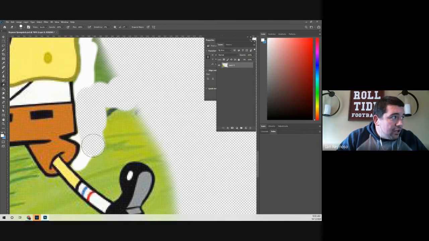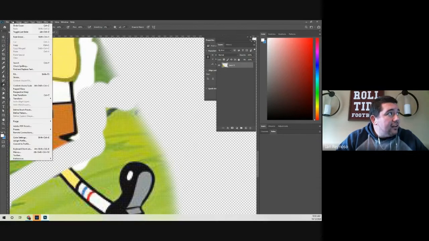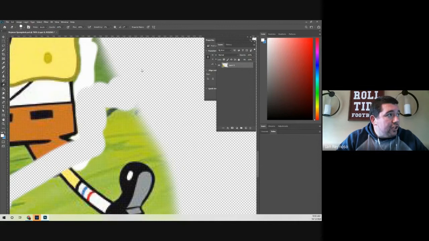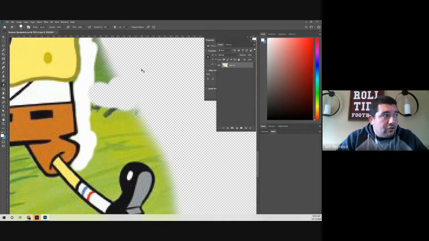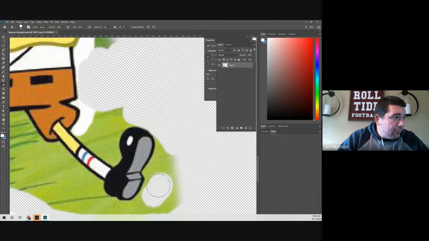If you end up going right here and, achoo, you sneeze and something goes like that, you can undo it. You can go to edit and undo, or the quick key, which is Control Z, which is usually what I use. Control Z, and that will get rid of it. It's Command Z if you're on a Mac. Okay, so as I'm going like this, I make sure I'm erasing nice and clean, and I want to make sure that I am getting rid of all the color, but not getting rid of the SpongeBob themselves. Okay,